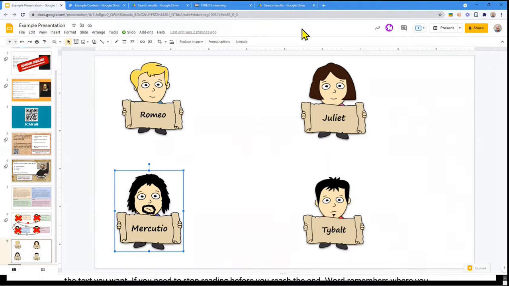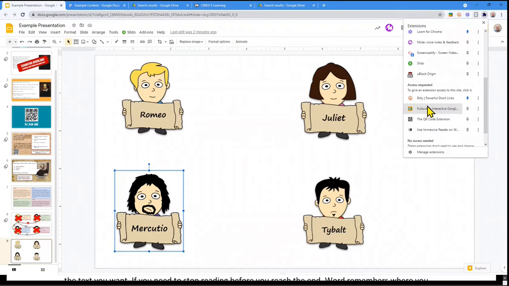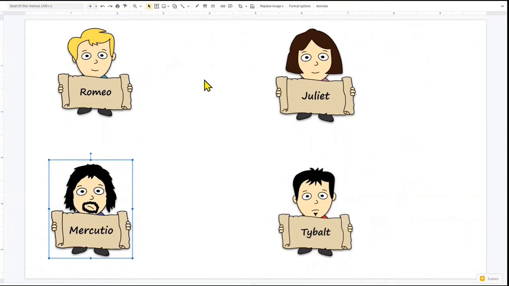Now, a very useful extension. And again, the links to these extensions, I'm going to include them in the email to the participants at the end of the session. Very useful extension is when I use this extension, full screen interactive Google Slides. So if I do that, what it does is it takes away these various ribbons. I'll take that away and you'll see we end up with something that looks exactly like the PowerPoint